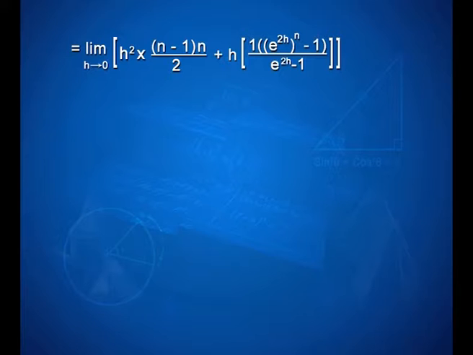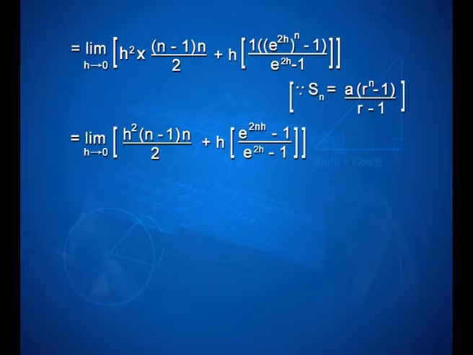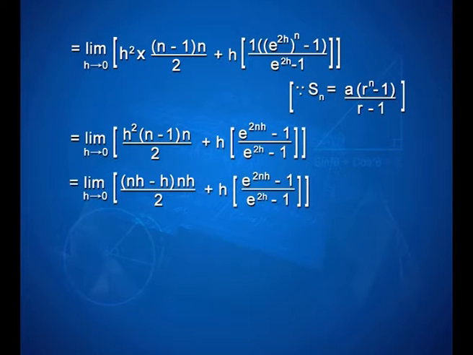1 into e to the power 2h whole raised to n minus 1 upon e to the power 2h minus 1, since S n is equal to a into r raised to n minus 1 upon r minus 1, that is equal to limit h tends to 0 h square into n minus 1 into n upon 2 plus h into e to the power 2nh minus 1 upon e to the power 2h minus 1, that is equal to limit h tends to 0 nh minus h into nh upon 2 plus h into e to the power 2nh minus 1 upon e to the power 2h minus 1,